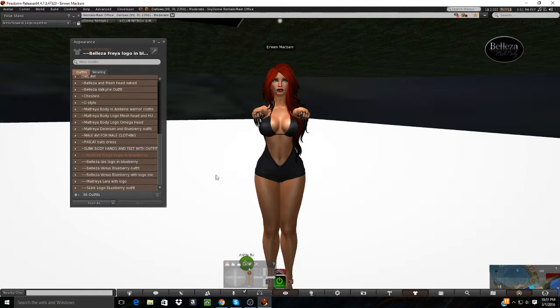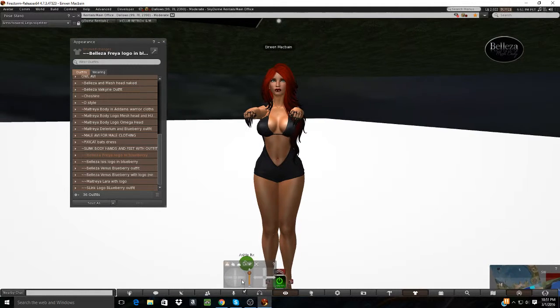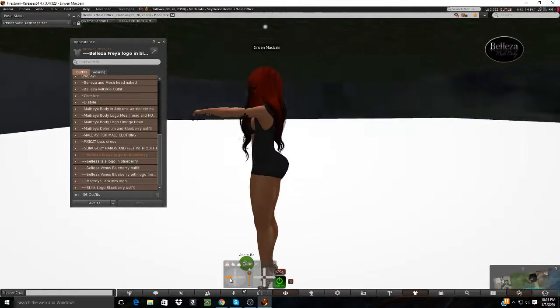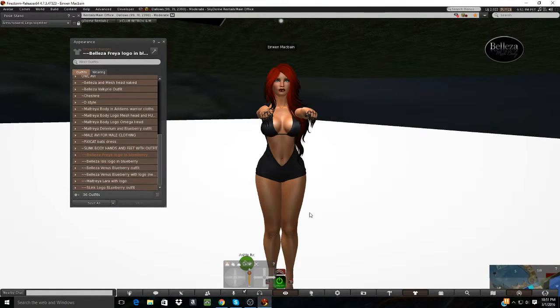You can see that it's pretty curvy. It's actually almost about as curvy as the Slink Hourglass. It's a little bit better proportioned, and depending on what you make your proportions in, your body sliders, your overall shape. I worked with my shape to where it is what it is in all my bodies, because I liked certain standards, certain things. What I want to say about some of these, like the Freya and the Isis and the Hourglass, is,